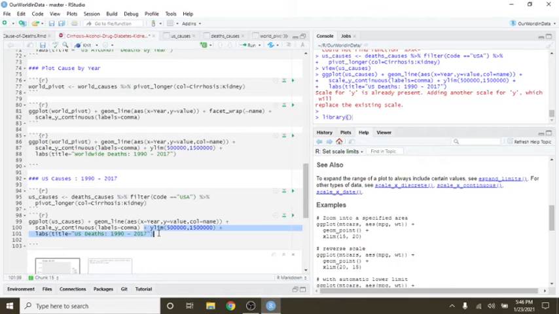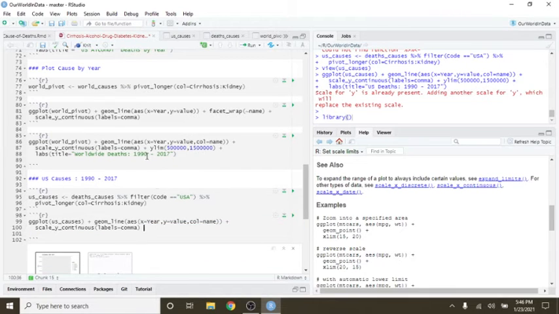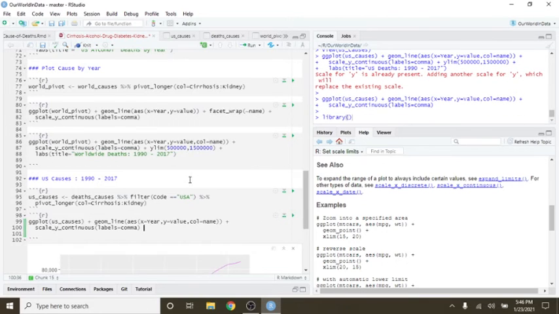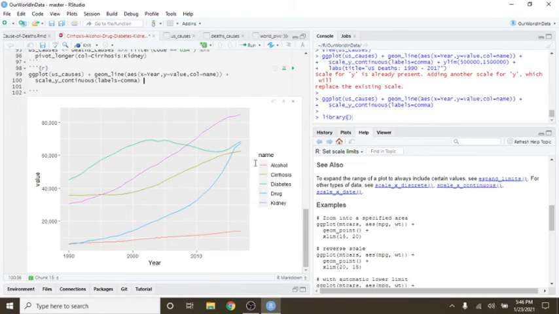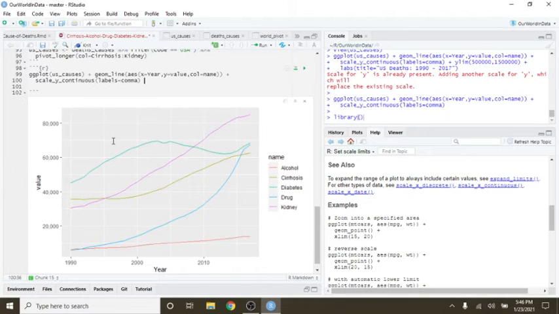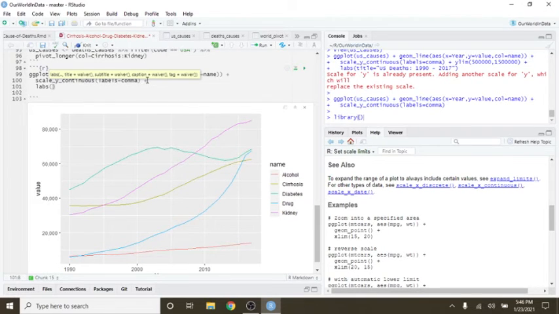Let's give it this part right here right now. Very nice. Excellent. So now we're looking at, and we're going to say y equals